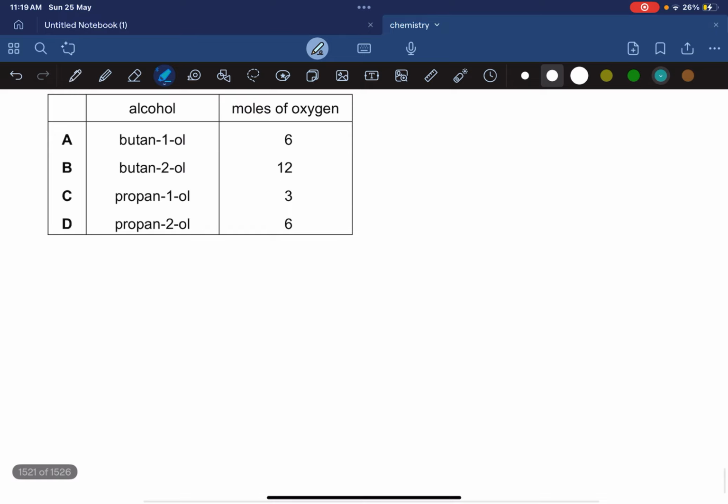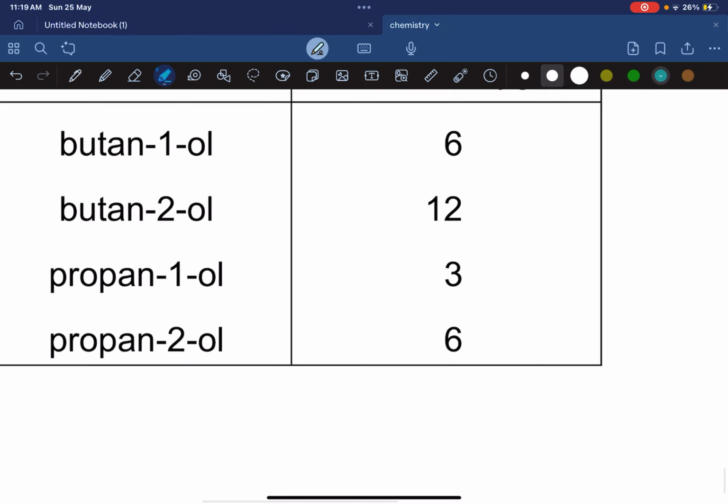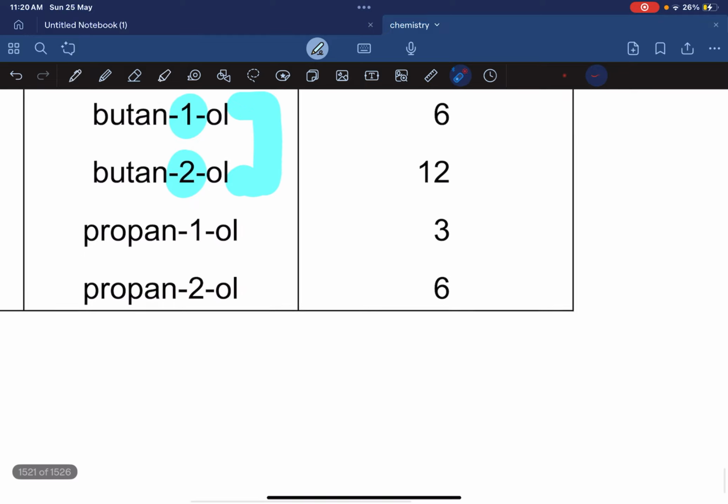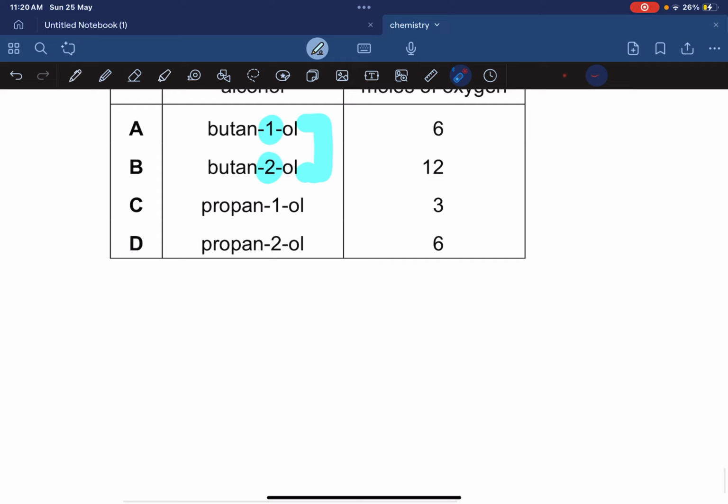Let's do it. Okay, one thing you guys should know is that for butan-1-ol and butan-2-ol, the moles of oxygen cannot change because they're structural isomers. The molecular formula for butan-1-ol and butan-2-ol is exactly the same. Okay, and for propan-1-ol and propan-2-ol, the structural formula is different, but the molecular formula is same. So the moles are not going to change. So let's do first butanol and then make a combustion equation for propanol. For butanol, it's going to be